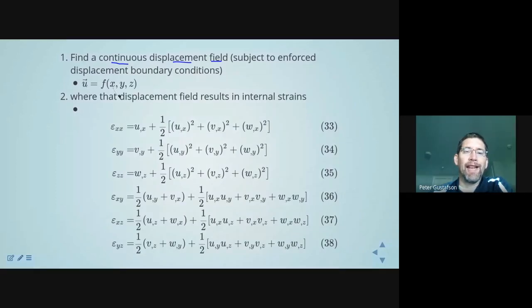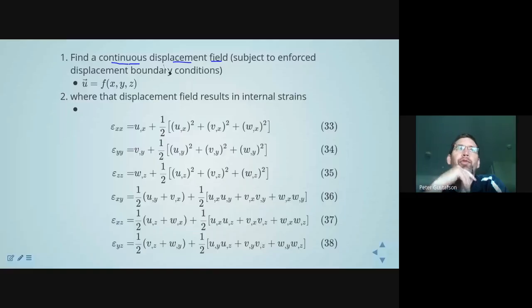We said it has to be a continuous displacement field. That means no cracks, no voids. It needs to satisfy the continuity requirements of strain, which for the purposes of this class basically meant no cracks and no voids, right? Otherwise, you'd have new boundaries and you need to reformulate the problem. That displacement field itself will result in strain, the strains then given by this